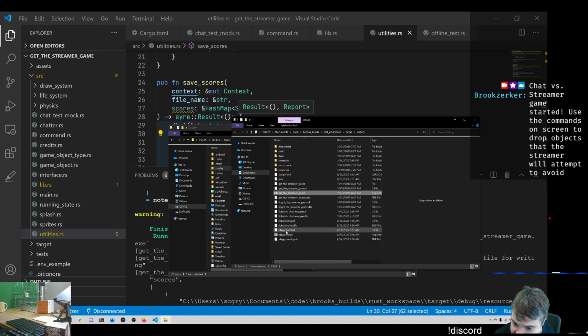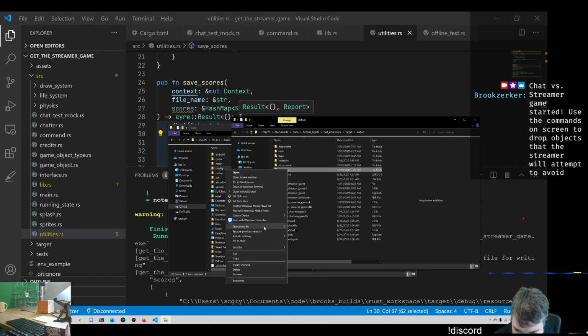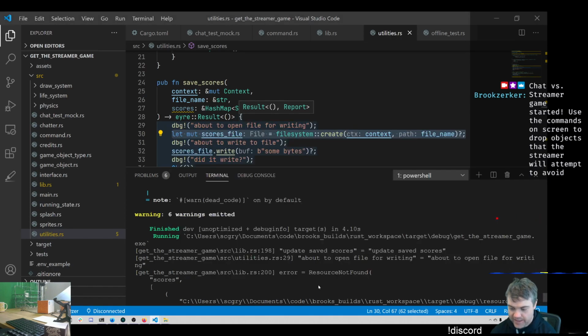Oh, but I'm never gonna see the message for it. I don't want to run it as administrator. Okay, resources. What properties do we have? Read only. If I uncheck that and I rerun you,